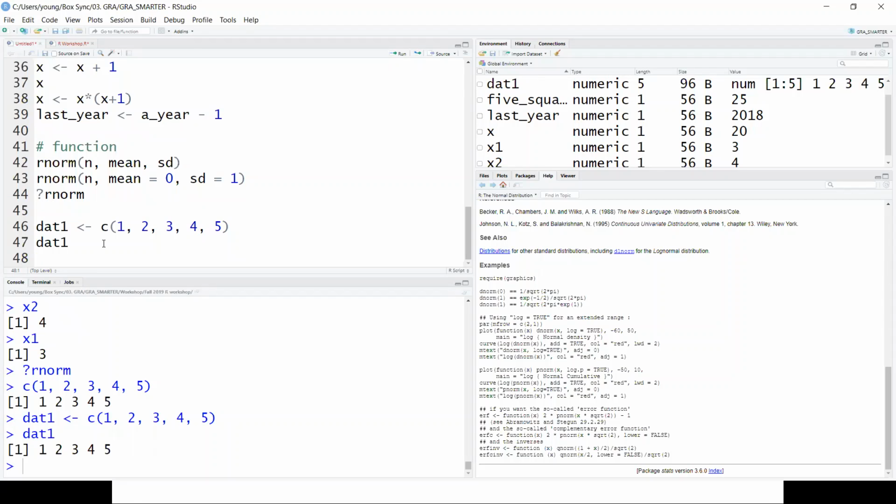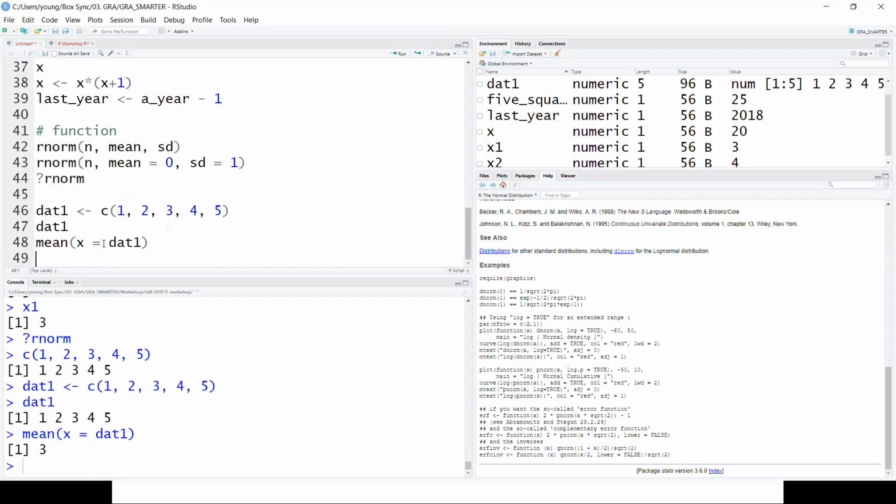And then there are other functions that you can easily use, like the mean function. So for example, if I write mean(x = data1), then it'll give you the mean of data1. And then you can actually skip this x equal sign.